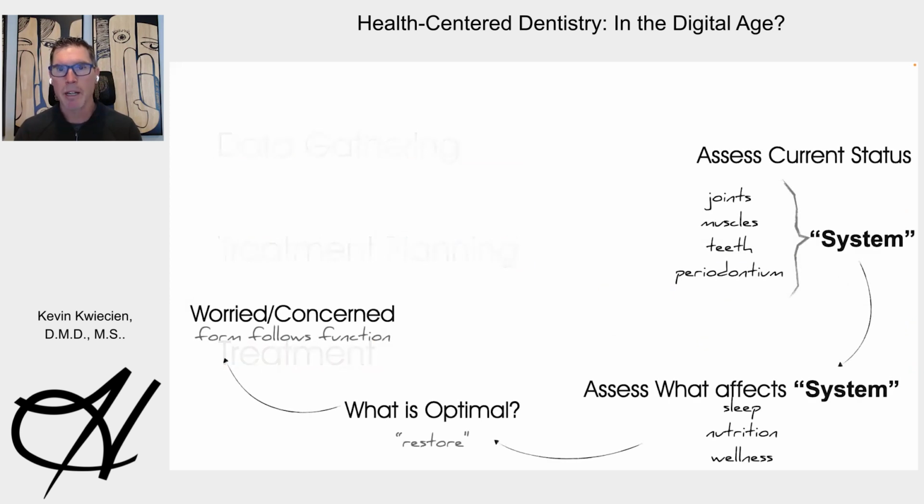Now, when it comes to treatment, for me, what I think about is what is appropriate treatment. Now that we've assessed the current status, we know what's impacted the system. We have a vision of what optimal is. We've had a conversation with our patient. What is the appropriate step? And I'd be remiss